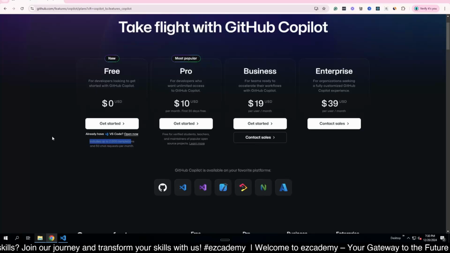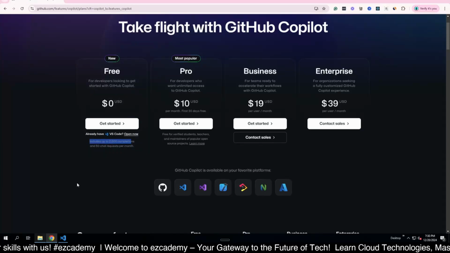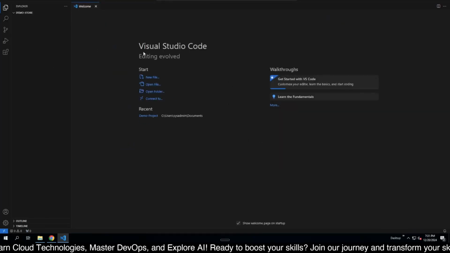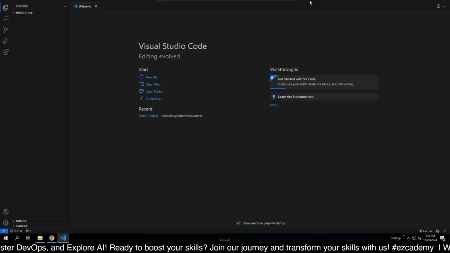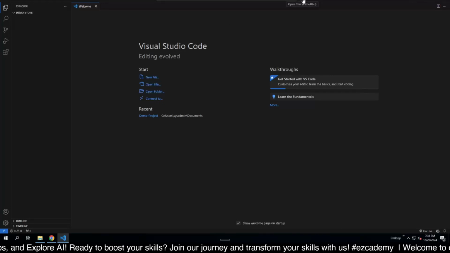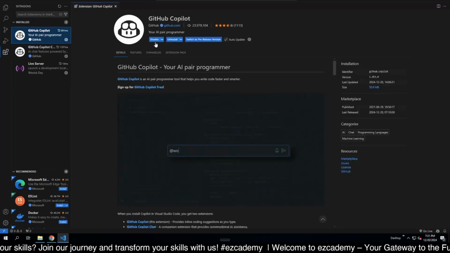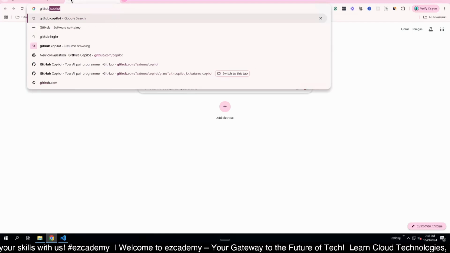So in order to access this, you need to have a GitHub account. If you have a GitHub account, you can install VS Code and install the plugin. I have VS Code installed already, and in VS Code, I've opened a new folder. On the top, you can see this is where you can access this. You need to have this plugin, GitHub Copilot. So if you log into your GitHub account,